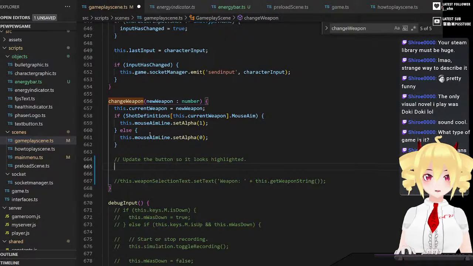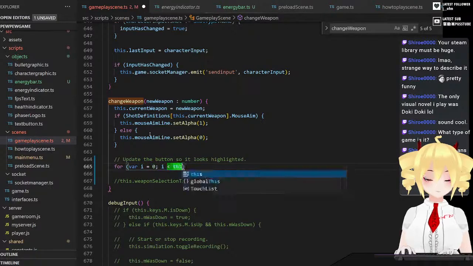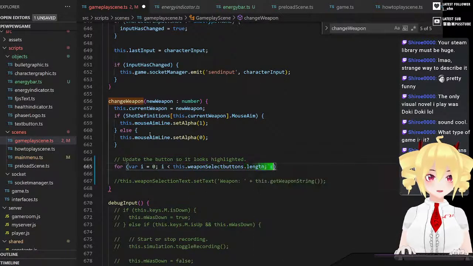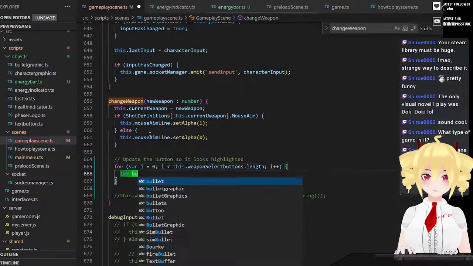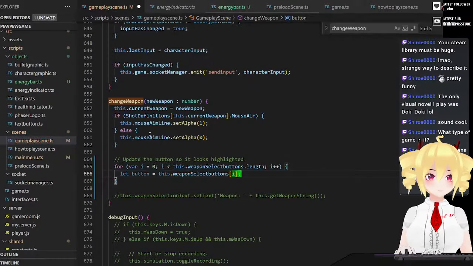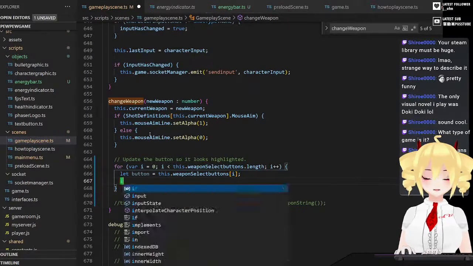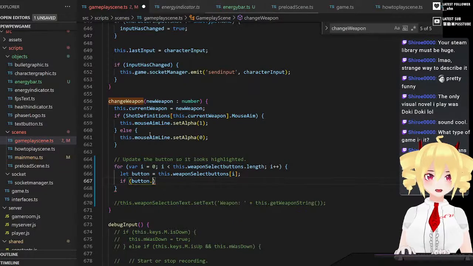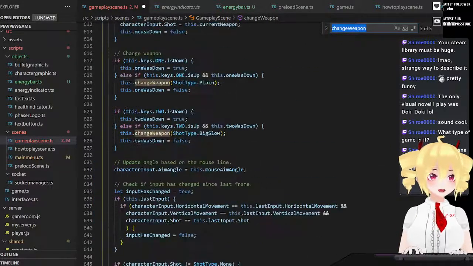So what we'll do is we'll loop through this.weaponSelectionButtons, and for each button, if it's the weapon we selected,